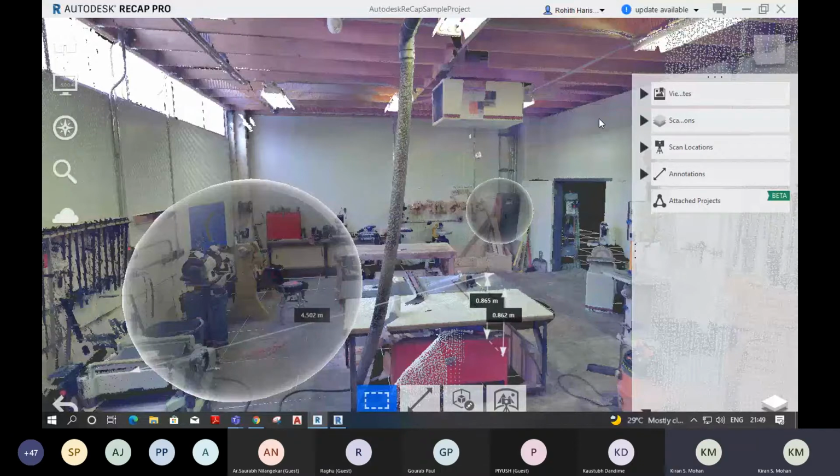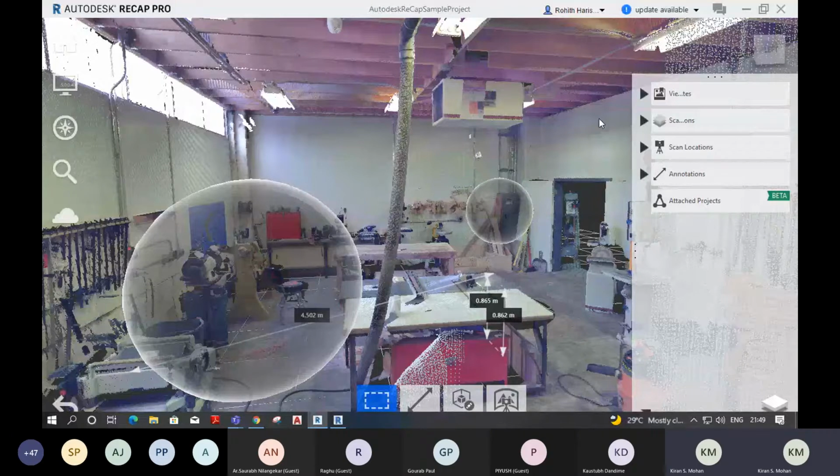And in most of the cases, you will not work in these softwares, because they will be mainly used by the person who is scanning the location or who is using the scanner. While scanning a location, he will have some idea of what kind of data he is going to capture, and that will be inside his mind only.